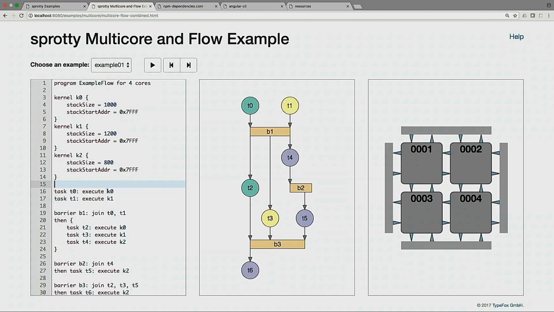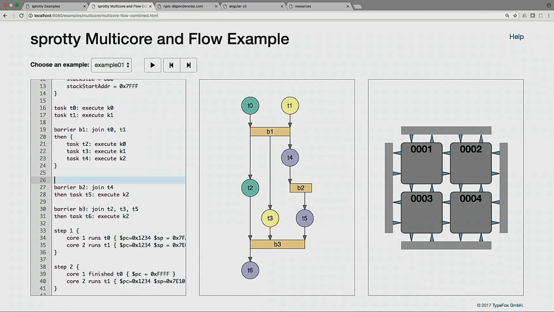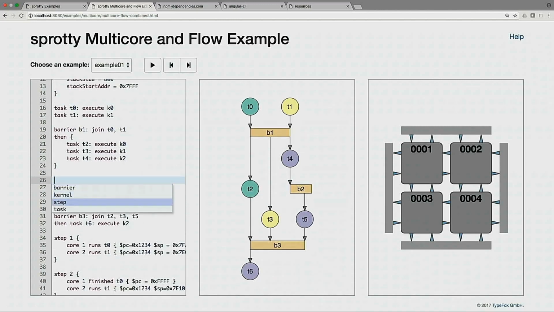And then we have in the middle and on the right two different visualizations that have been derived automatically from the same data source. So this is a good example that you can have projections on the same data that can be very different, so different kinds of views on the same model. Yeah, I can change the model here, create new